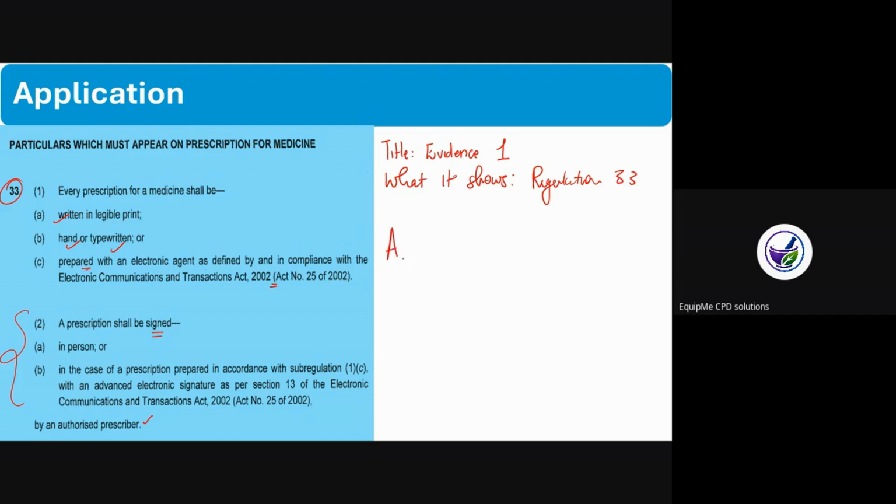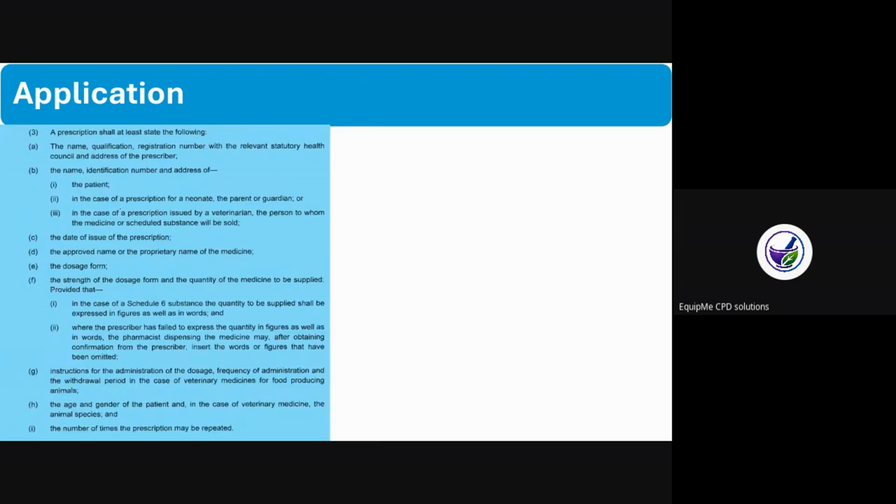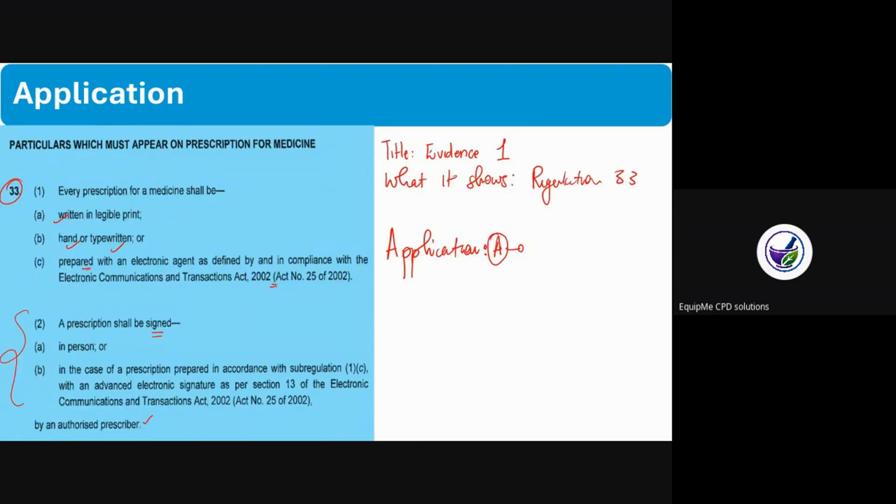And then in application, this is where interns normally get it wrong. Remember, what behavioral statement are you trying to apply here? Let's say that you're doing domain 3.4, and you're supposed to be dispensing, and you are applying behavioral statement A. What does the behavioral statement require of you? You're supposed to make sure that the prescription is prepared according to legislative requirements. What do the requirements want of you? It asks you to check if the prescription is handwritten or typed.